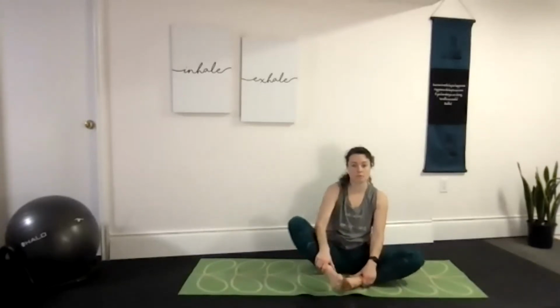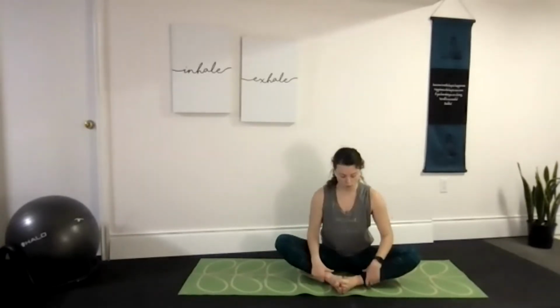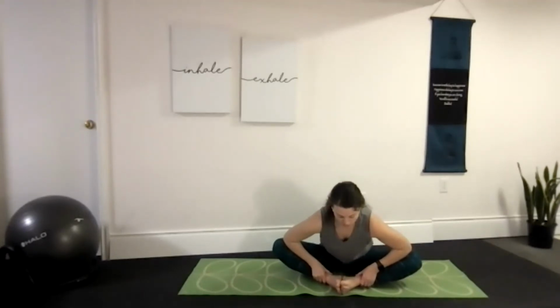Again, the target is going to be through the groin, the inner thigh, into the hips. Also working towards stretching our neck. So as we hold our ankles up, sit up really nice and tall, hinging forward, keeping flat backs. Elbows can stay tucked in or press the knees down to aid in the stretch. As we reach forward, when there's no room left to go, let's just drop the head if that's comfortable, allowing